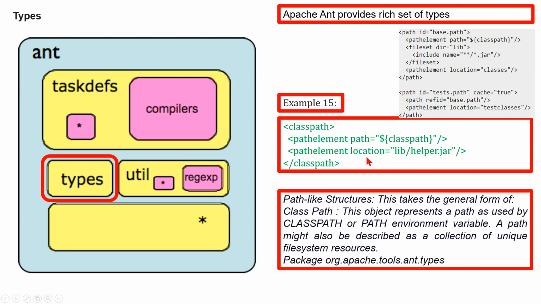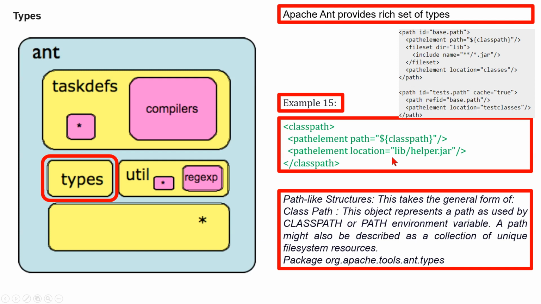The location attribute specifies. With regard to API, we can consider class Path. This object represents a path as used by the classpath or path environment variable. A path might also be described as a collection of unique file system resources. This is in the package org.apache.tools.ant.types. Now with regard to class path here, this takes a general form of like this, and the location attribute specifies